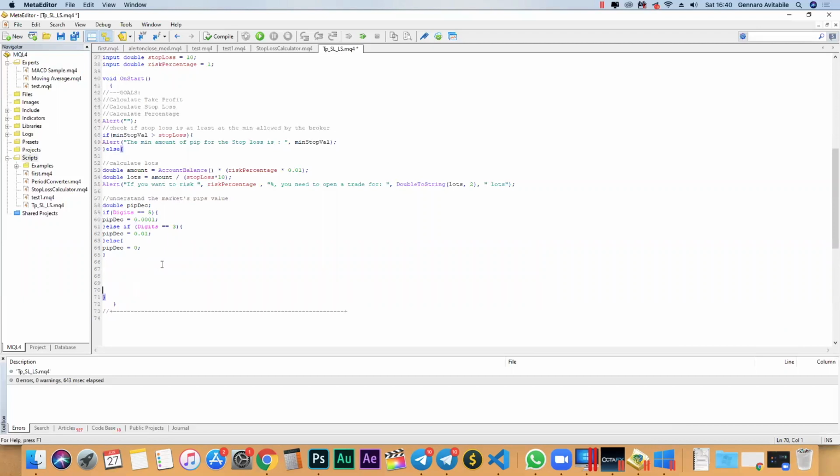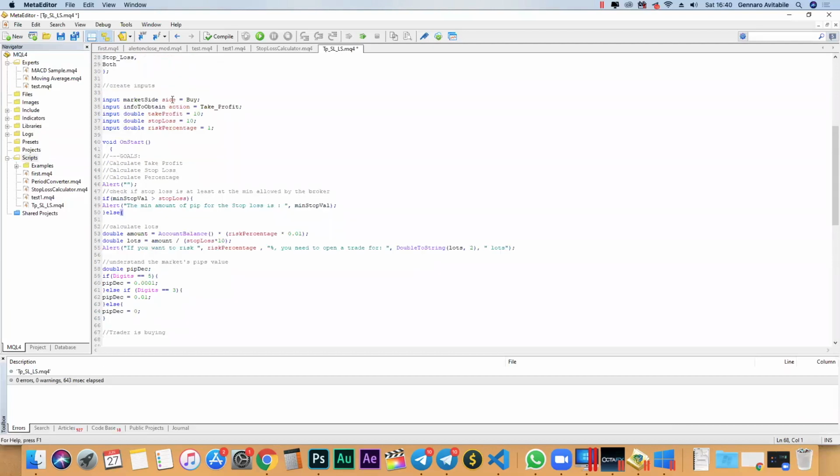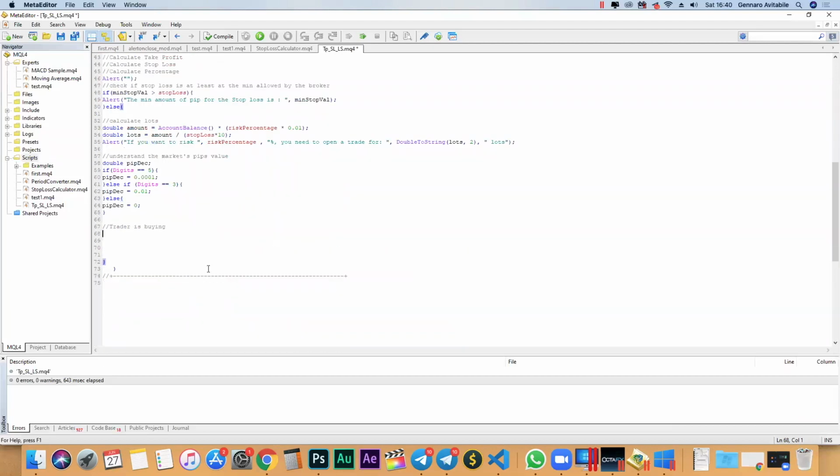Right, let's keep going. Now we have that. What do we want to do next? Next, we want to understand what the trader is doing. The trader can buy, can sell, and that's it, really. So let's assume the trader is buying. If the trader is buying, it means that the side is buy. So I'm going to say to the script, if